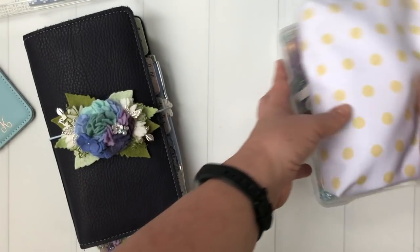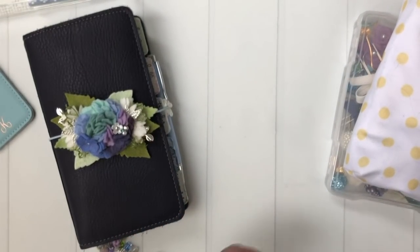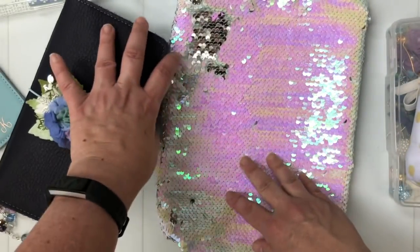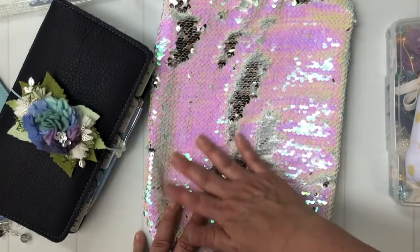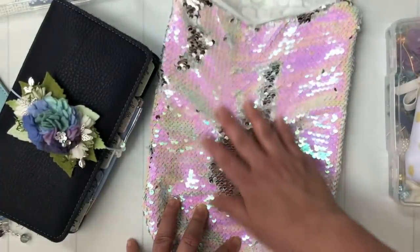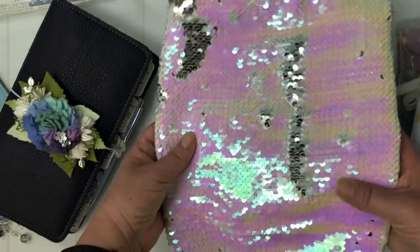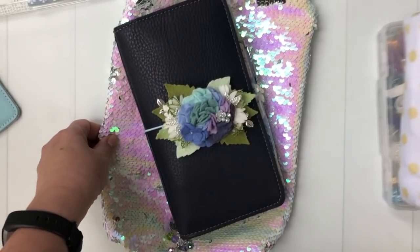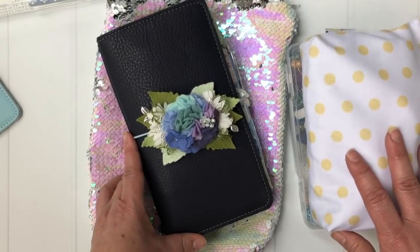And finally, my planner pouch that I'm using this month is this really cool sequin pouch from Deanna at So Sweet Stuff. It's that really cool sequins that you can put in either direction. And this one's like a holographic pink on one side and silver on the other, and I think that goes really nicely with these colors. So there you go, my planner setup for May